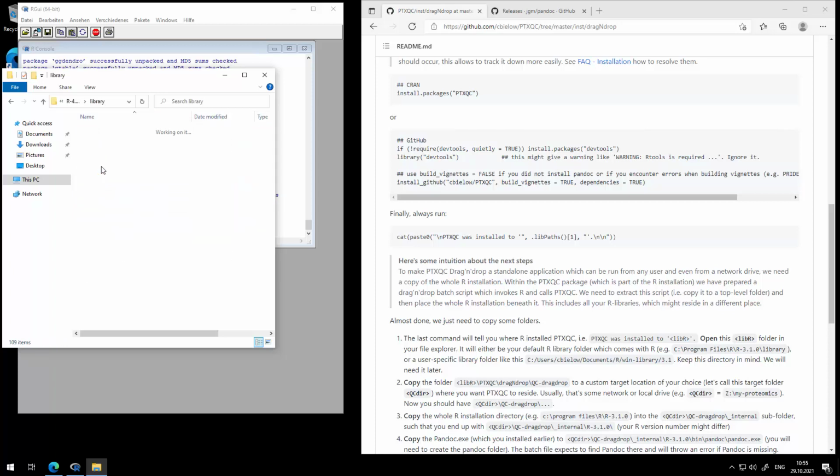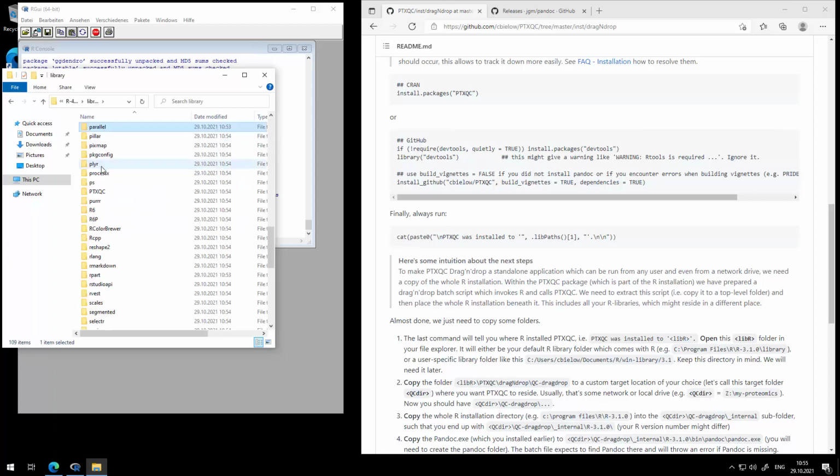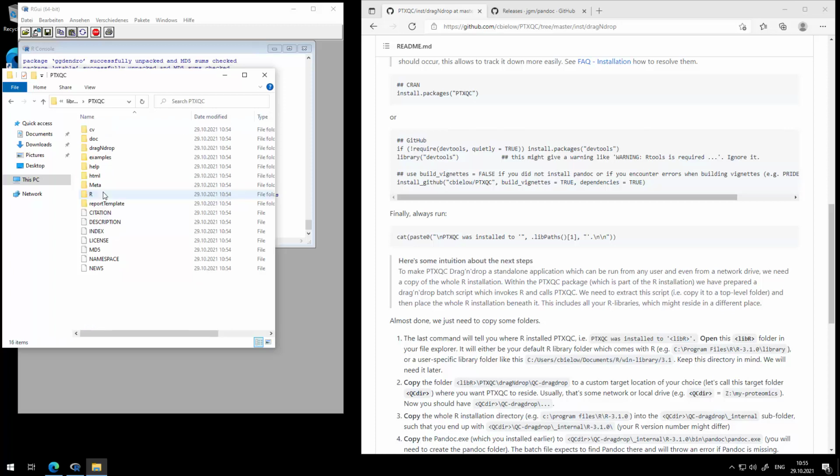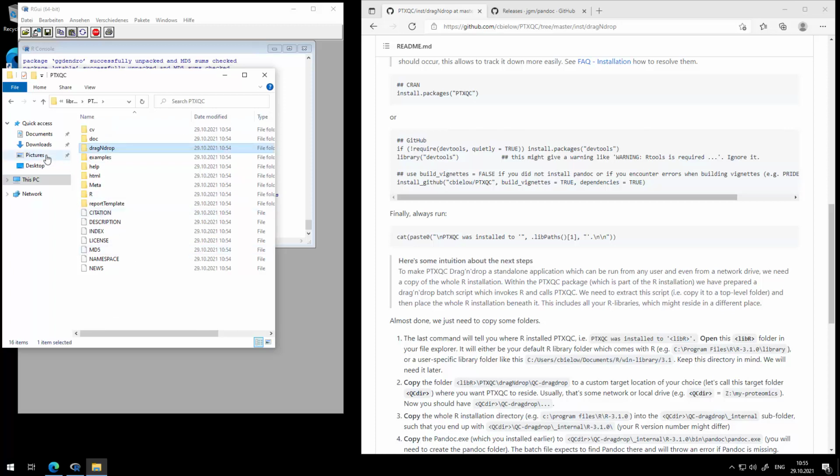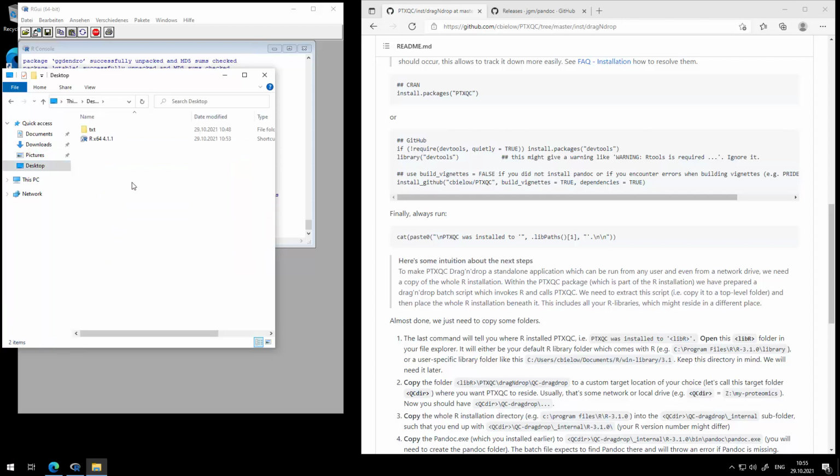Particularly, let's go into the library folder and find pdxqc. Okay, there we go. We need the drag and drop folder because we're going to copy that to any place you basically like. I just picked the desktop, and now